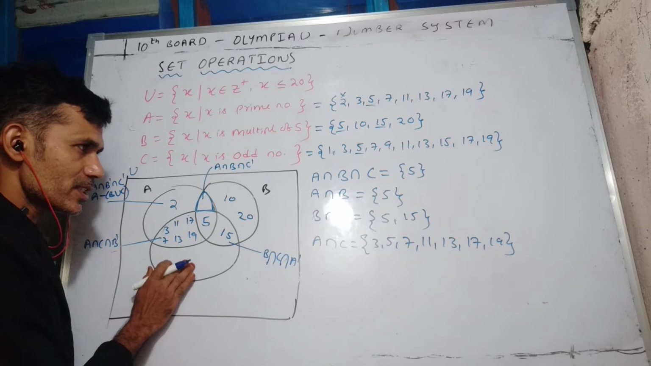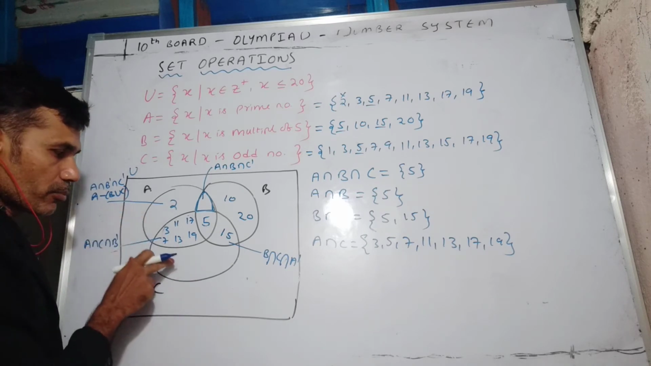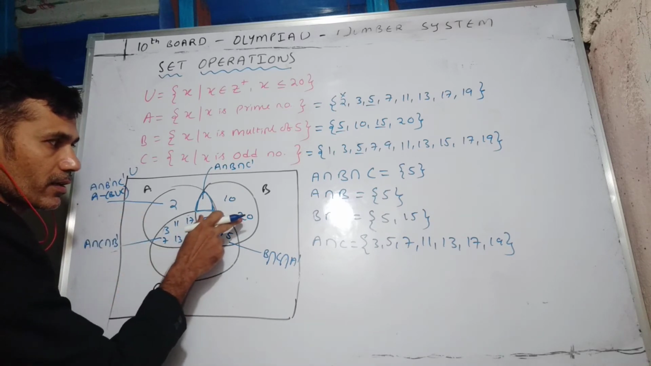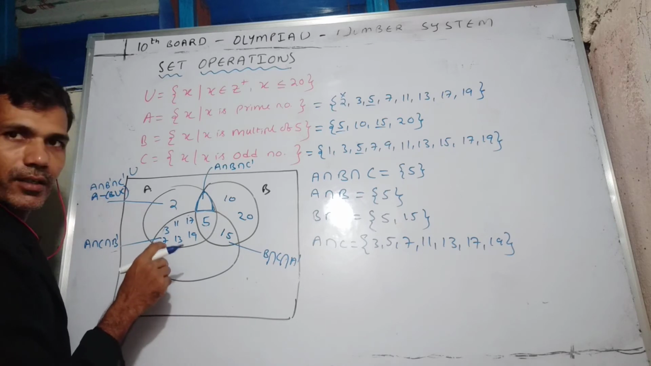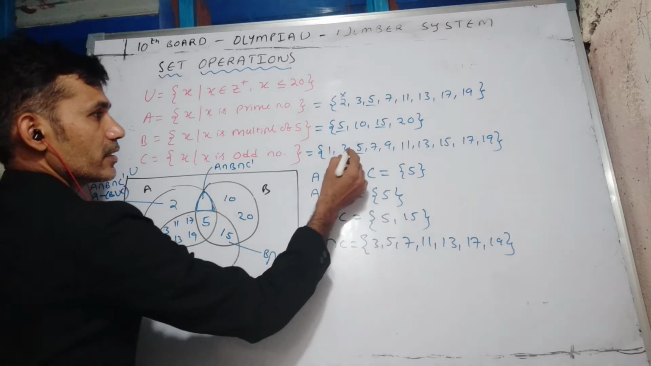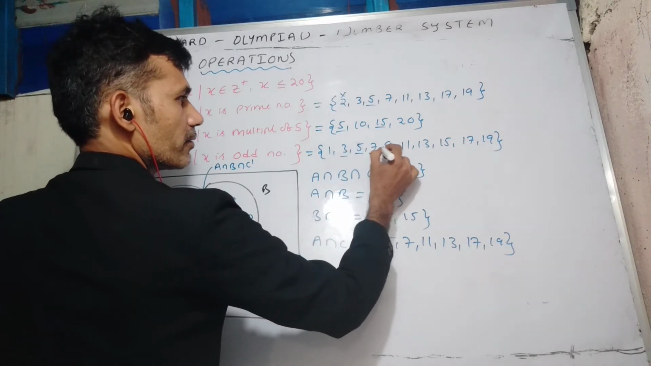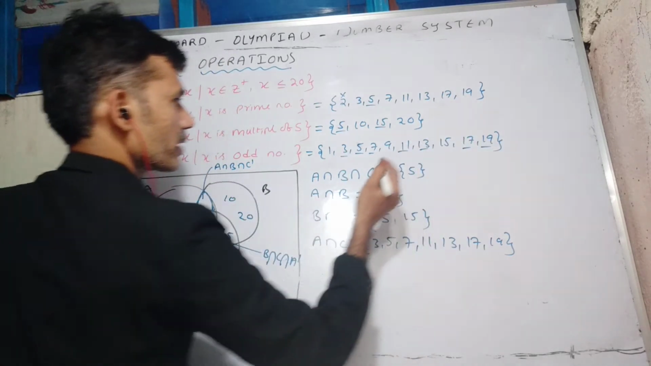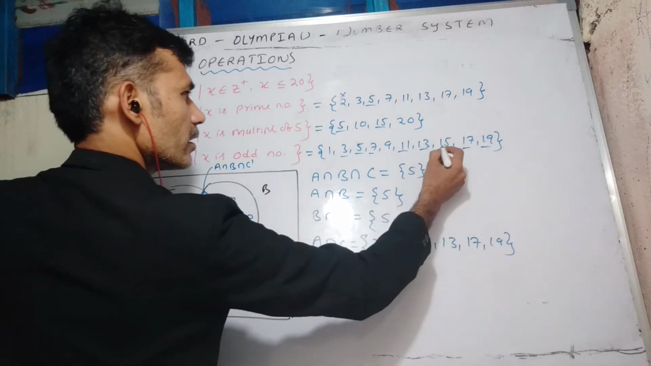Next, elements in C only. I don't want prime numbers or multiples of 5. I want only odd numbers. That means which is that? Here see 3, 5, 7, 11, 13, 17, 19 are prime numbers. Remaining things you see. Even